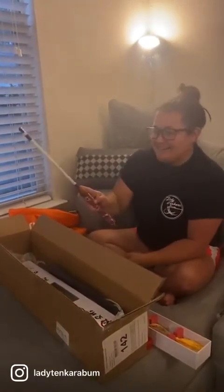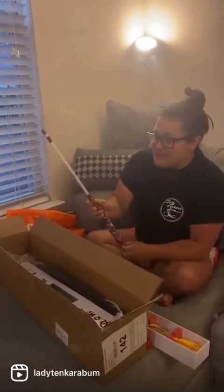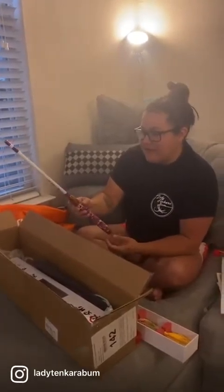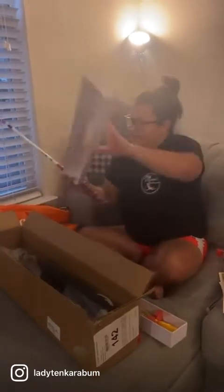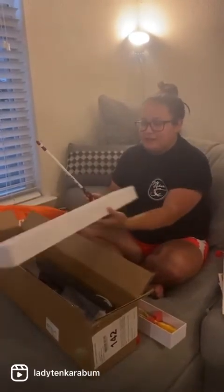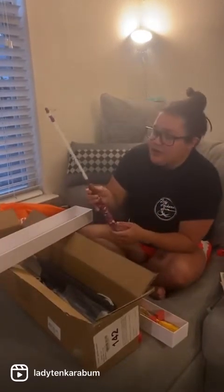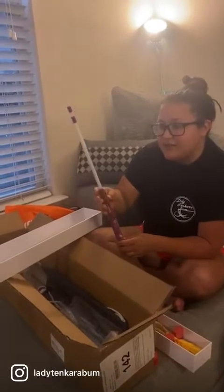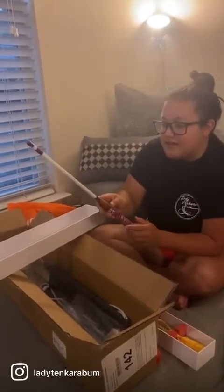NorCal wants to know the specs. The specs. So this is a 350 centimeter rod. I don't really know the other. Designed in California. The specs otherwise, I know you can go onto his website and see it. He has the Tanuki Ninja. I know that the Snow is just the white version of it, but